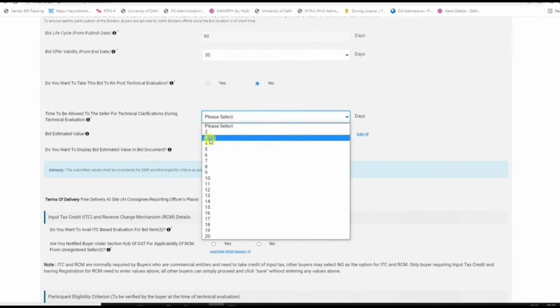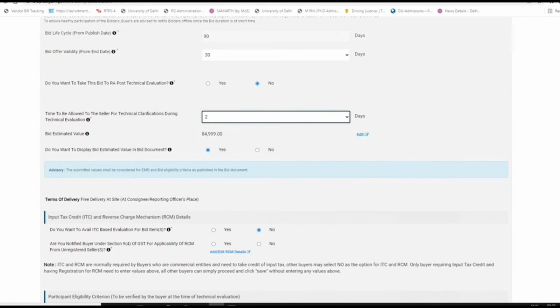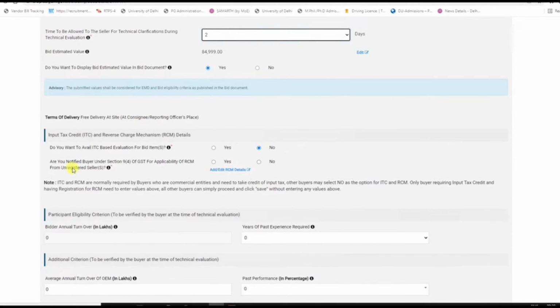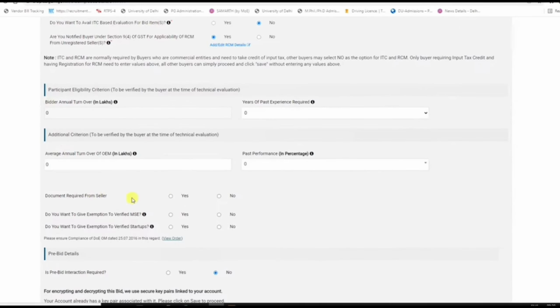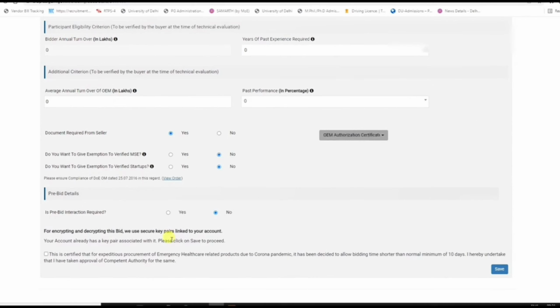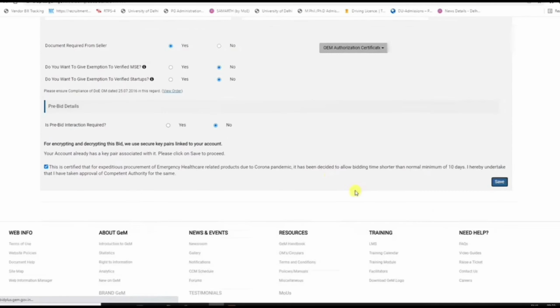How many days for clarification for the technical evaluation? This is the time allowed to the seller for technical evaluation, so we select 2 days. If documents are required from the seller, we put yes.